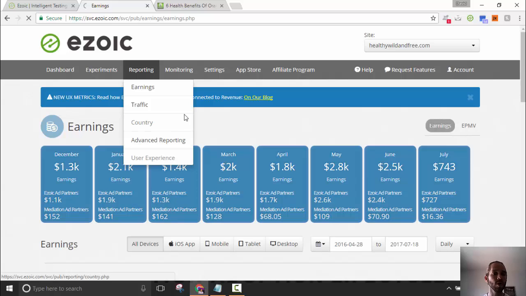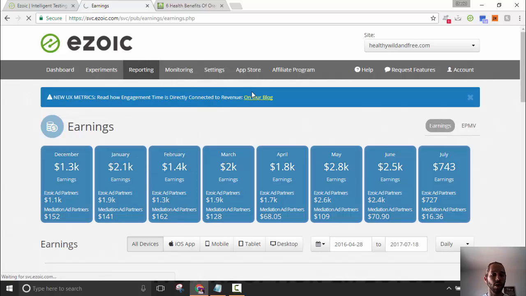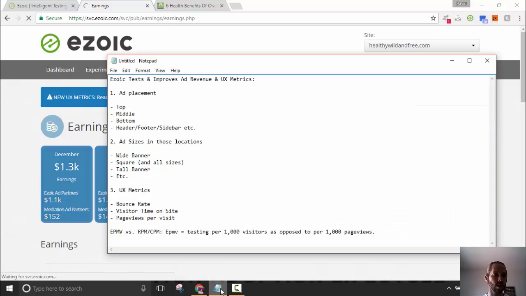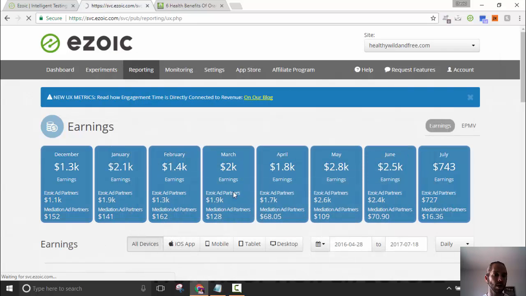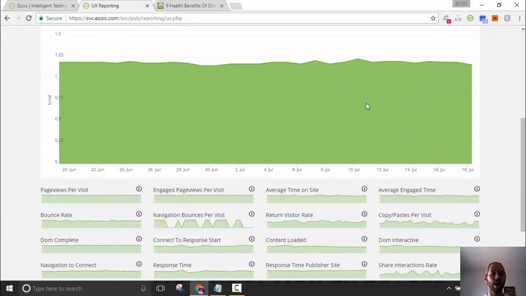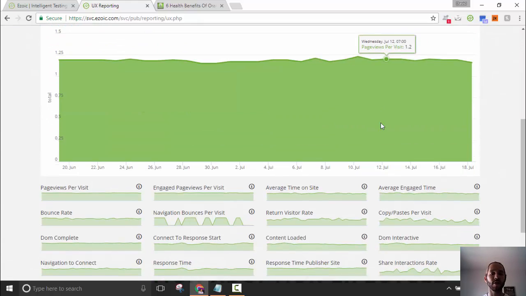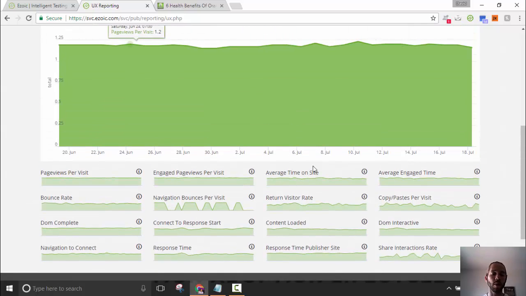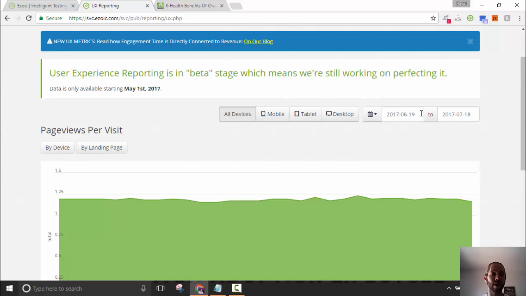Additionally, you can see other metrics here as well. Bear with me as my internet is slow. I'm trying to think if there's anything else I want to add to this. So that's my revenue. You can see the revenue increase. All the other metrics are all within the dashboard as well. So I can see, for example,